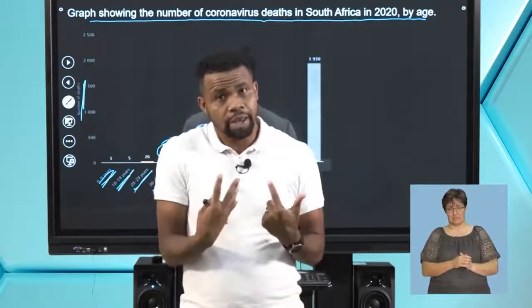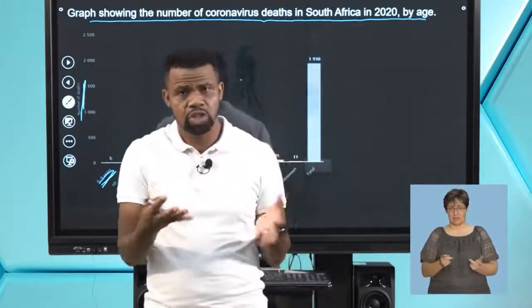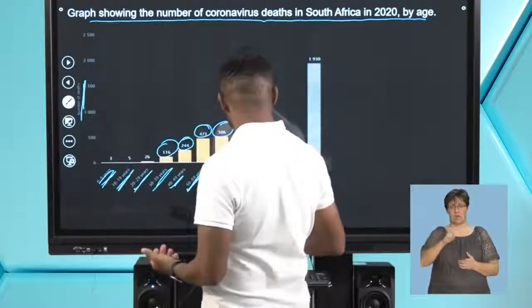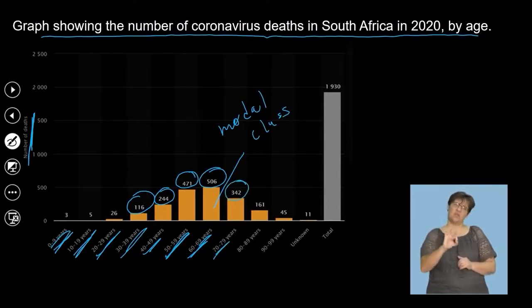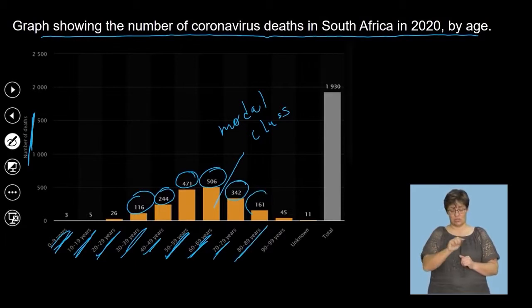So we'll call that a modal class. It's a mode, the most occurring. So that will be the modal class. Then you go to 70 to 79, it's about 342, 80 to 89, 161, and 90 to 99, which is